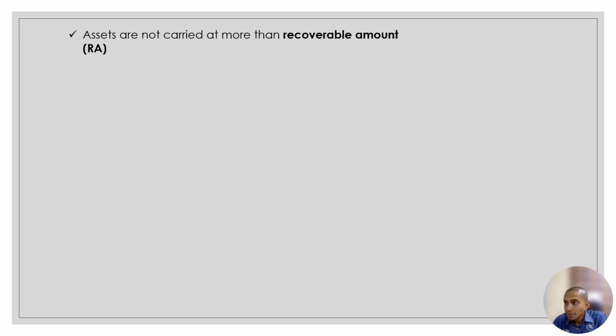Introduction, actually. Assets are not carried at more than a recoverable amount. By right, we need to understand what is the meaning of recoverable amount. Basically, recoverable amount is when the company invests in any asset, they expect to recover the cost of investment of the asset. In general, the cost of an asset can be covered